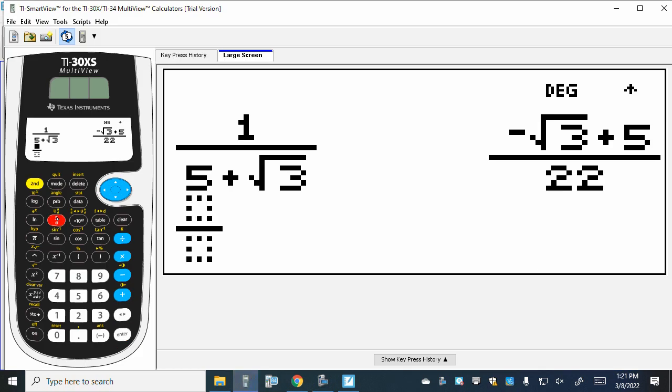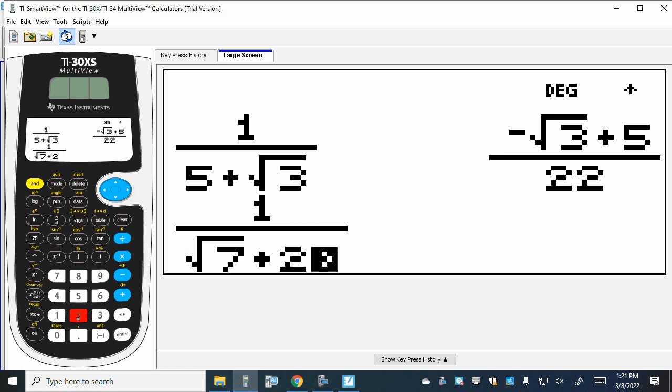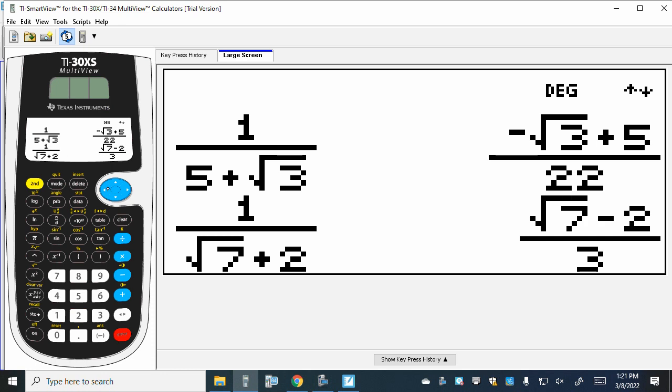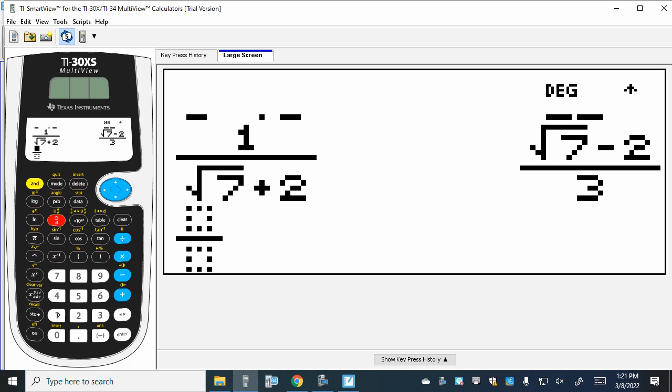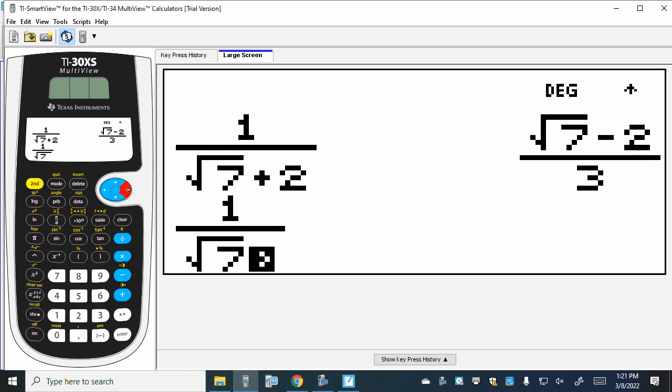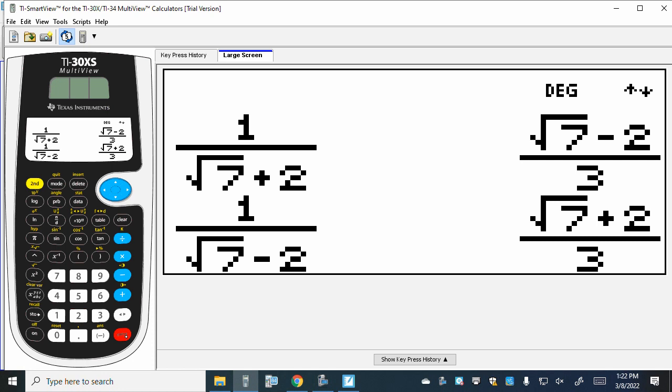Well, if we looked at the next one, 1 over the square root of 7, I believe it's plus 2, minus 2. That's if it's plus, so 1 over the square root of 7 minus 2. We get square